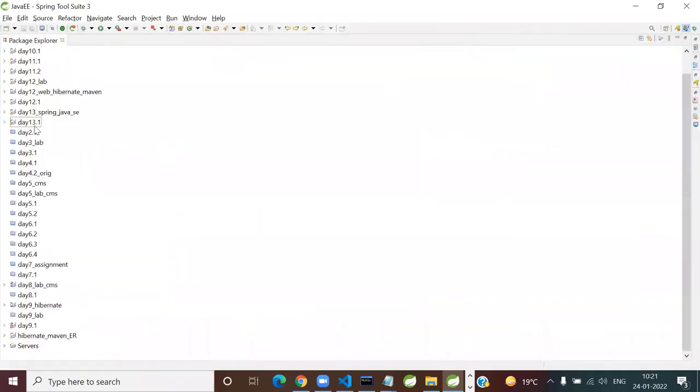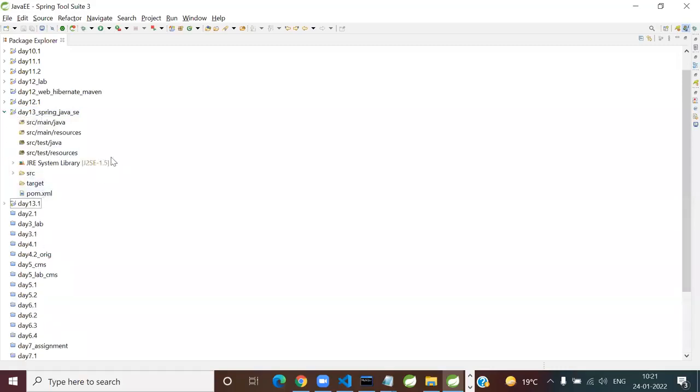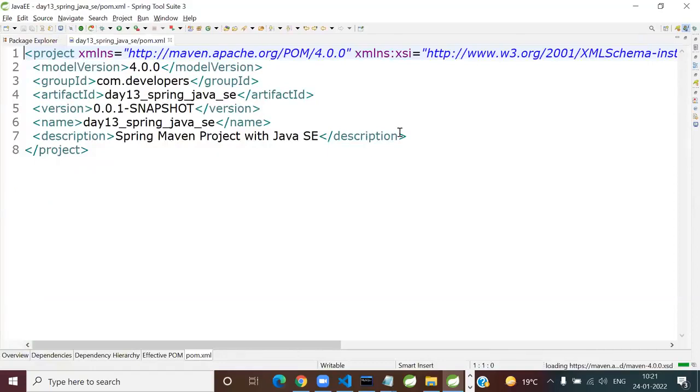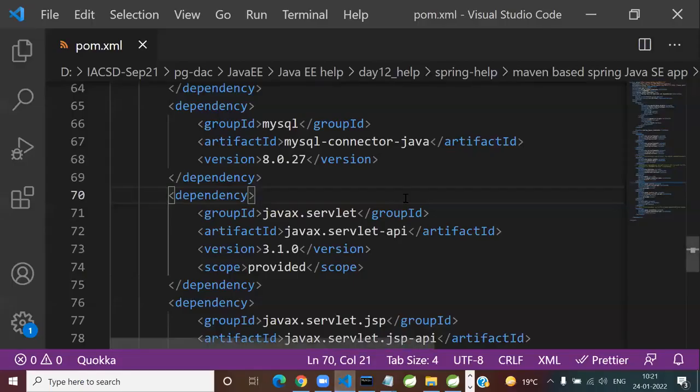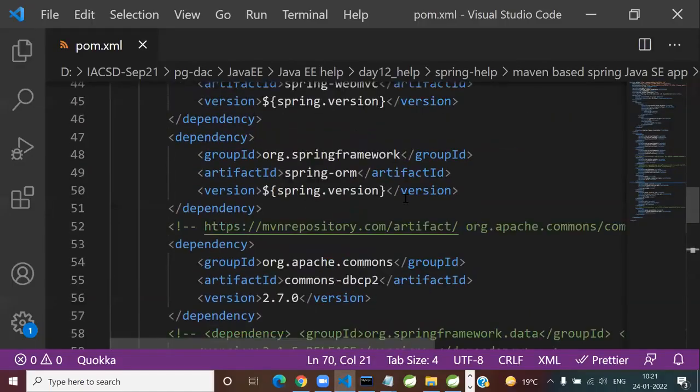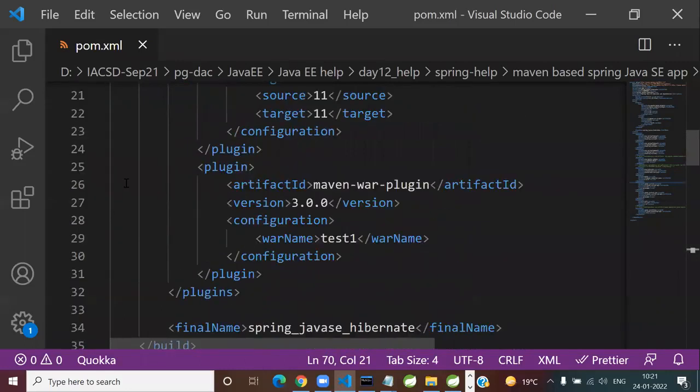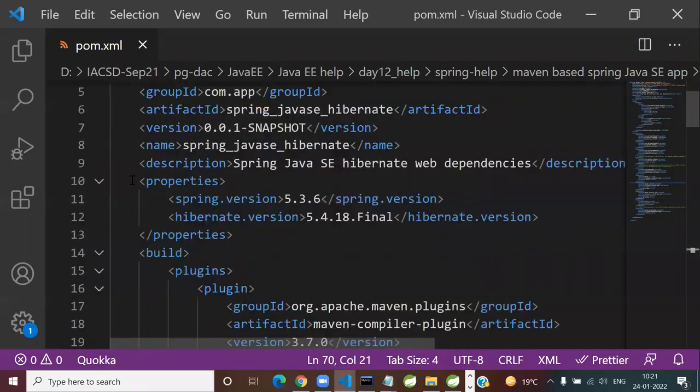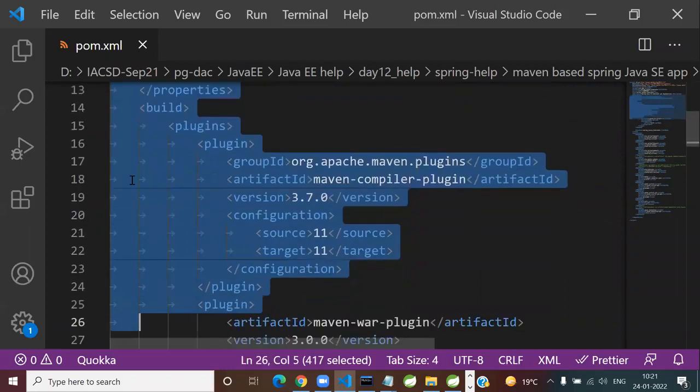So what is it we said? Day 13 Spring Java SE and open that. Of course, it is still ancient. So we'll fix it. Okay. So now what entries you are going to copy from where? Recently, I have given you, just now you have downloaded pom.xml. So after description, you will see the properties. This is going to later lead us to Spring Hibernate integration of two powerful technologies. So start copying from line number 10 till the end